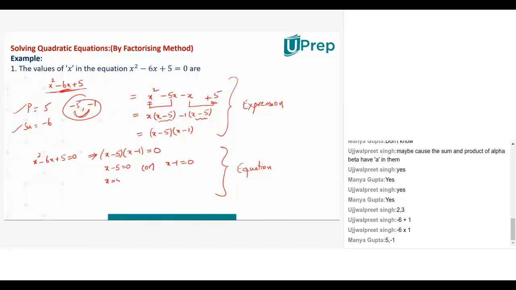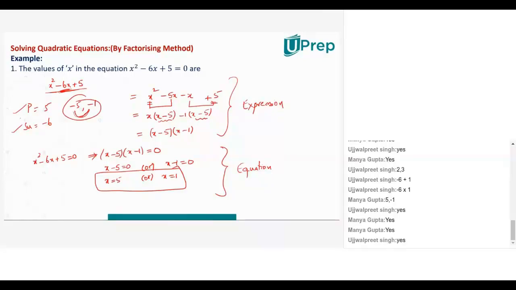Did I get both the solutions of this quadratic equation now? Is this method clear to all now? How to get the roots by factorization? Now the advantage here is simply I wrote product should be 5, sum should be minus 6. So you can observe this should be the product and this should be the sum. So I identified. But the linear equations, I mean x minus 5, x minus 1, two linear factors, this is so simple because x square does not carry any coefficient with it here.